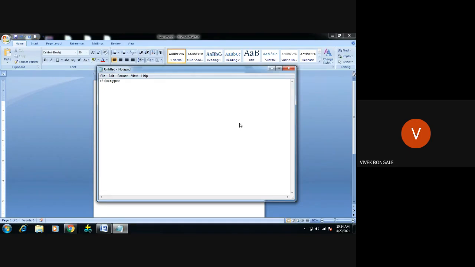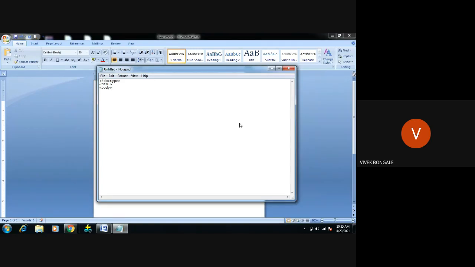As we are writing the HTML file, I'm giving the doctype html. What I'm trying to explain is how to create the navigation on the web page. I don't want to use any header. I don't need anything particular to be displayed on the title bar, so I don't want to use the header. Next is body.